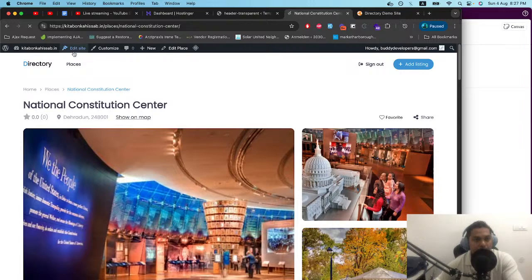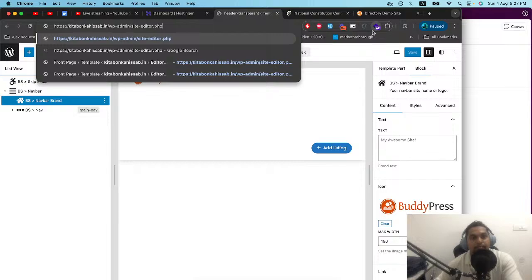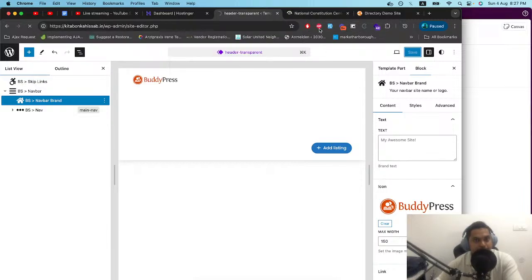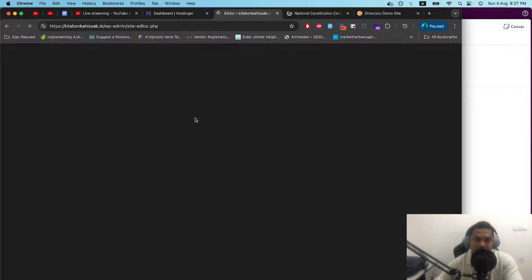So now if you want to edit this particular header, you just go to your editor section, site editor. This is the second way to customize your header. Either you can just click on this edit site and then from there you can go to the header that is applying on this page, or you can follow this path. You can go to site editor,